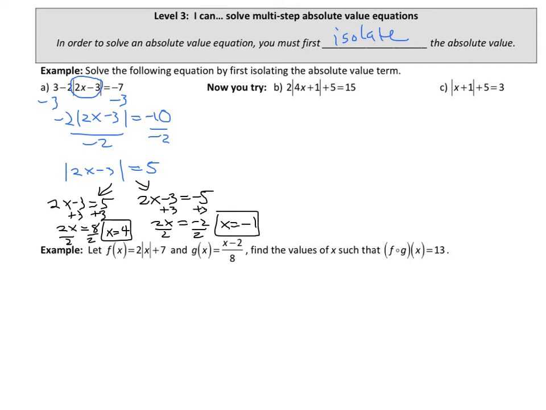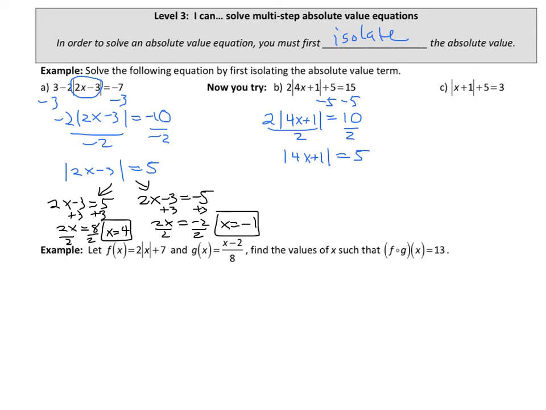Now feel free to pause me and try the next one on your own. We'll go through it. And so again, I want to get the absolute value all by itself first. I would have to subtract 5 from both sides first. And we get 2 times the absolute value of 4x plus 1 equals 10. Then we would divide both sides by 2, and we get the absolute value of 4x plus 1